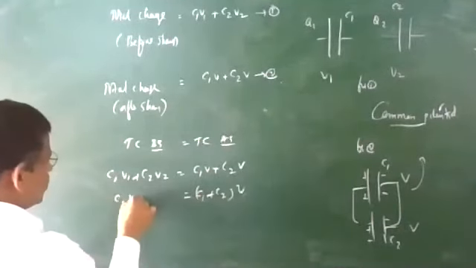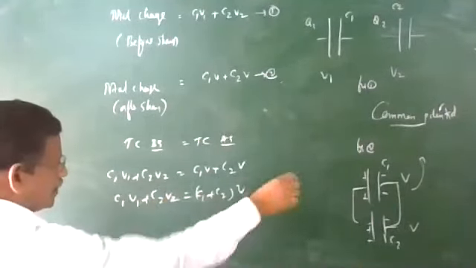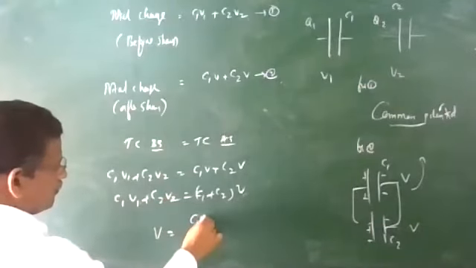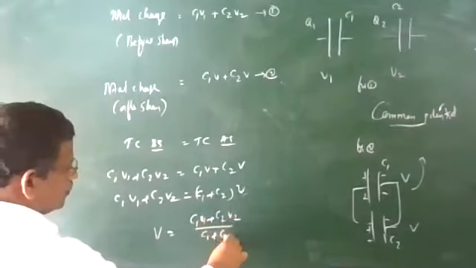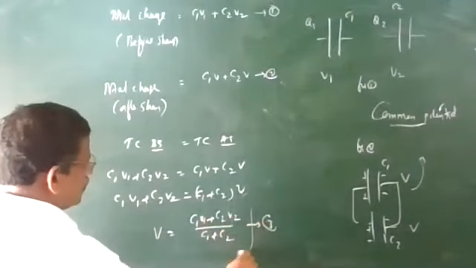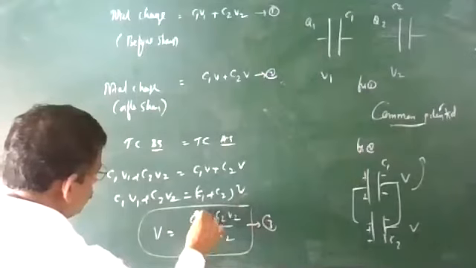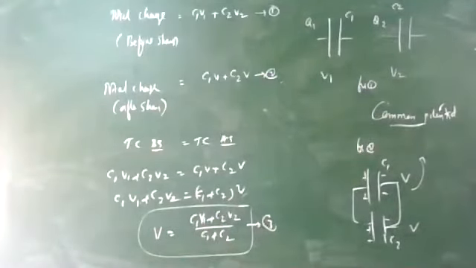So what is the common potential again? By the system they are connected by V equal to C1 V1 plus C2 V2 divided by C1 plus C2. This is equation number 3, and that you have learned is the equation for common potential. So when charge is shared between two capacitors, what is the common potential? Charge flows from higher potential to lower potential till they attain a constant, same potential.